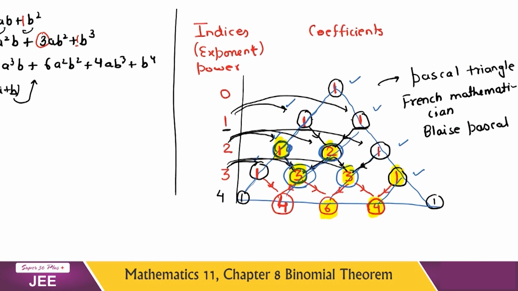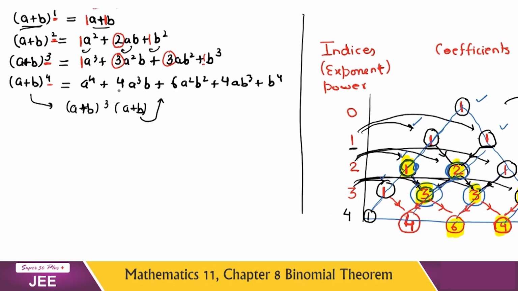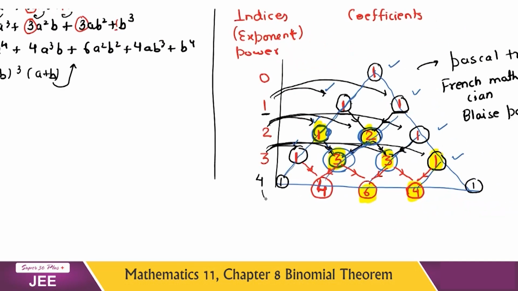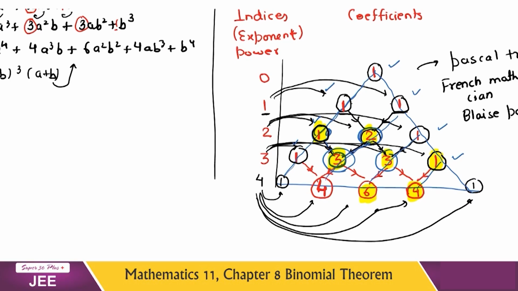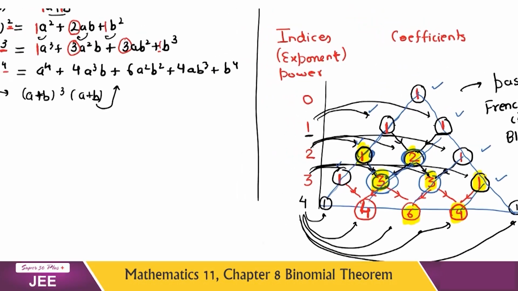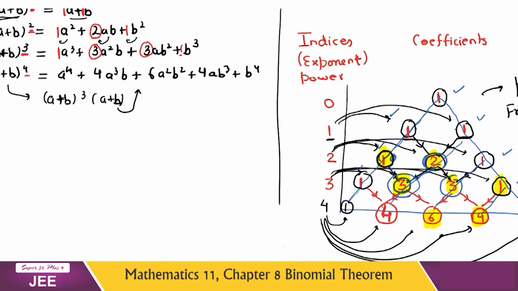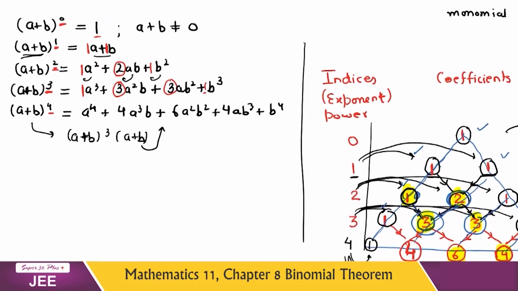In (a plus b) whole power 4 the coefficients are 1, 4, 6, 4 and 1. So basically Pascal's triangle gives us the exact idea of the coefficients of each term